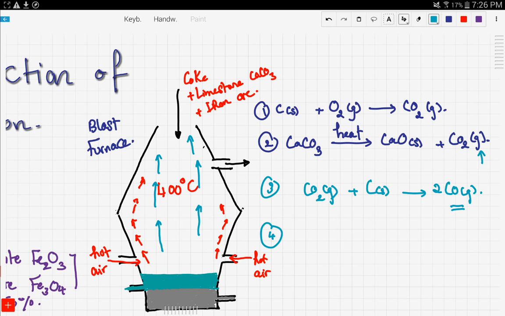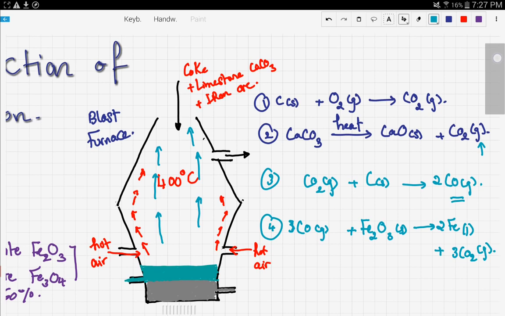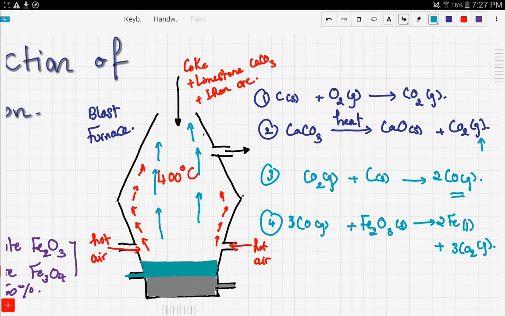Now, carbon monoxide will react, this is the 3, with the iron ore, giving iron in molten form plus carbon dioxide gas. Now, the last reaction we have to note is that